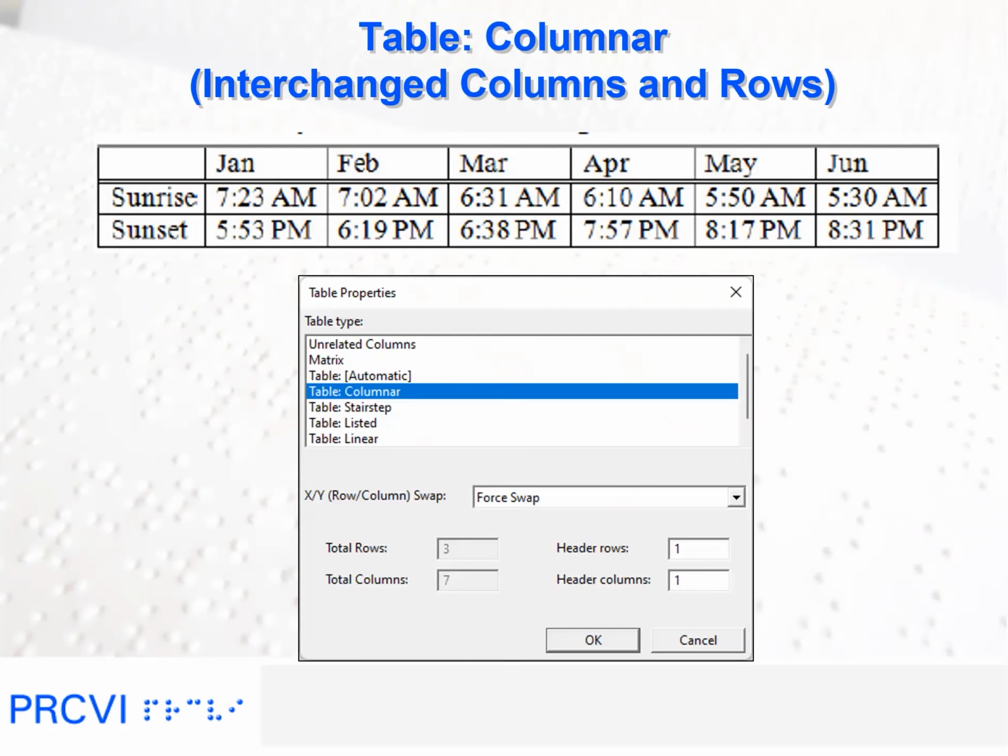In the table properties, select Table Columnar from the Table Type option. For XY row column swap, select Swap since we want to interchange the columns and rows in Braille. Enter 3 for total rows, 7 for total columns, 1 for header rows, 1 for header columns, and click OK.